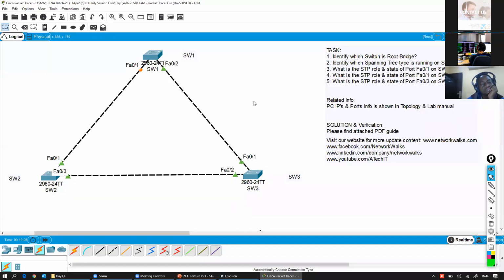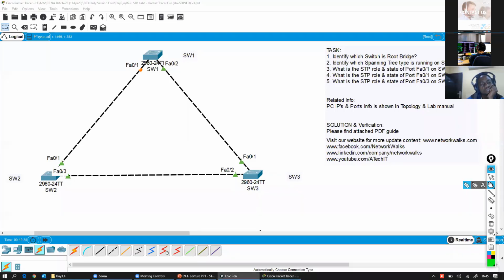First of all, can somebody tell me which switch is the root bridge here? Which switch from the topology, can you see that? Switch 3, okay, very good. Kamaluddin, Jeremy, Mr. Mebu, Movimba, a bit wrong. Please check again, because we discussed that root switch or root bridge should have all the ports as designated port, meaning all ports will be enabled. All links will be enabled. Switch 3, yes, very good, guys.